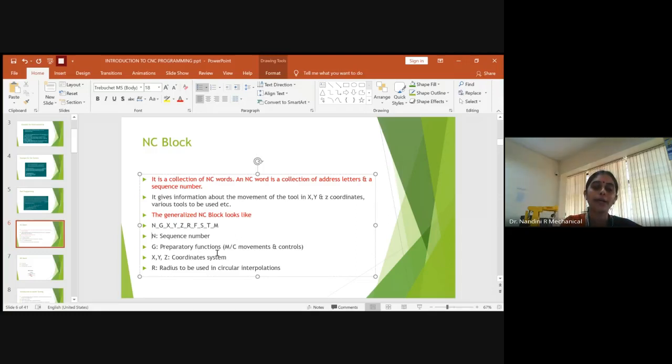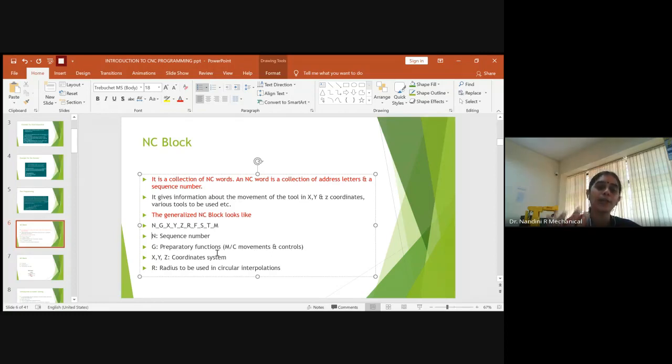Then you have to provide a command for the feed for removing of the material per minute, how much you are removing. For every operation, there should be little amount of gap, stop and off, on and off. So if that is not given, all the operations will be going continuously, because it needs a time to change the tool also. If all these things are not done, all the operations sequentially go one above the other, and it won't be in a proper way, as it has been desired from your end.